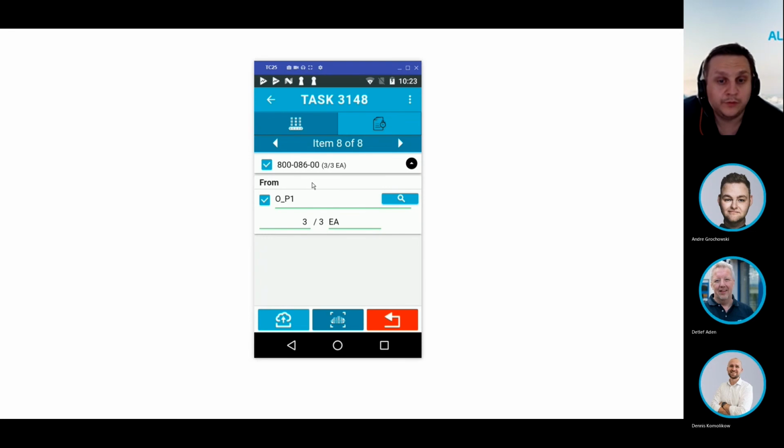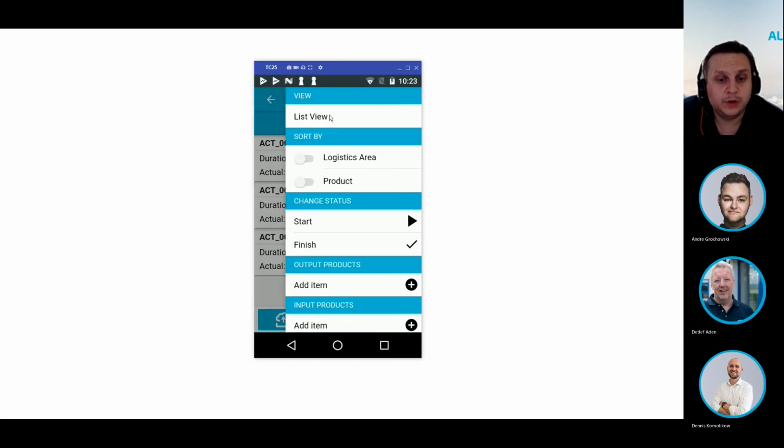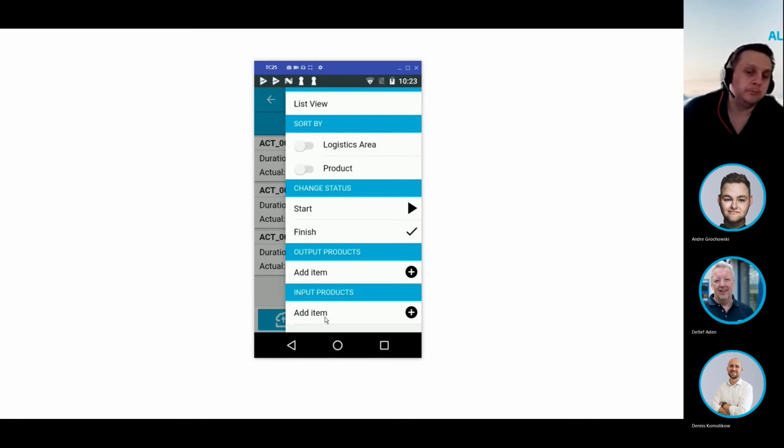Now, as we have confirmed all items, we can finish and stop the record of our activity and go to confirm all the items. Let's double check that we have not forgotten anything. And by the way, if you have a consumption of an unplanned input item, we would also be able to add an input item here as an additional cost element. But now let's go to the list view